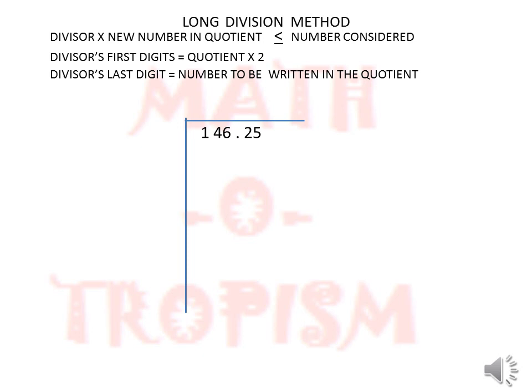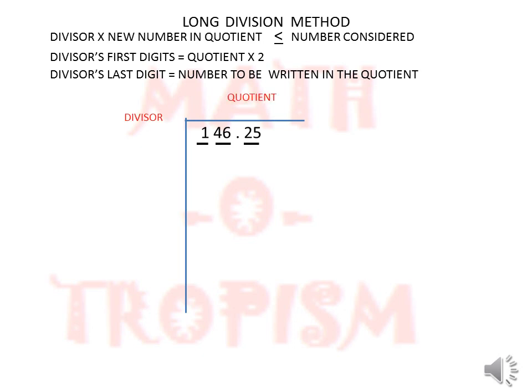Continuing the same way, I am now going to show a decimal number. Let me consider the number 146.25. Again, first I have to group the numbers. Since there is a decimal point, grouping goes towards the left for the whole part and towards the right for the decimal part. For the whole part, from 6 I will start. So 6 and 4 are a pair and 1 is separate. And towards the right, 2 and 5 are a pair and there is nothing else to pair. So this is how we first group.